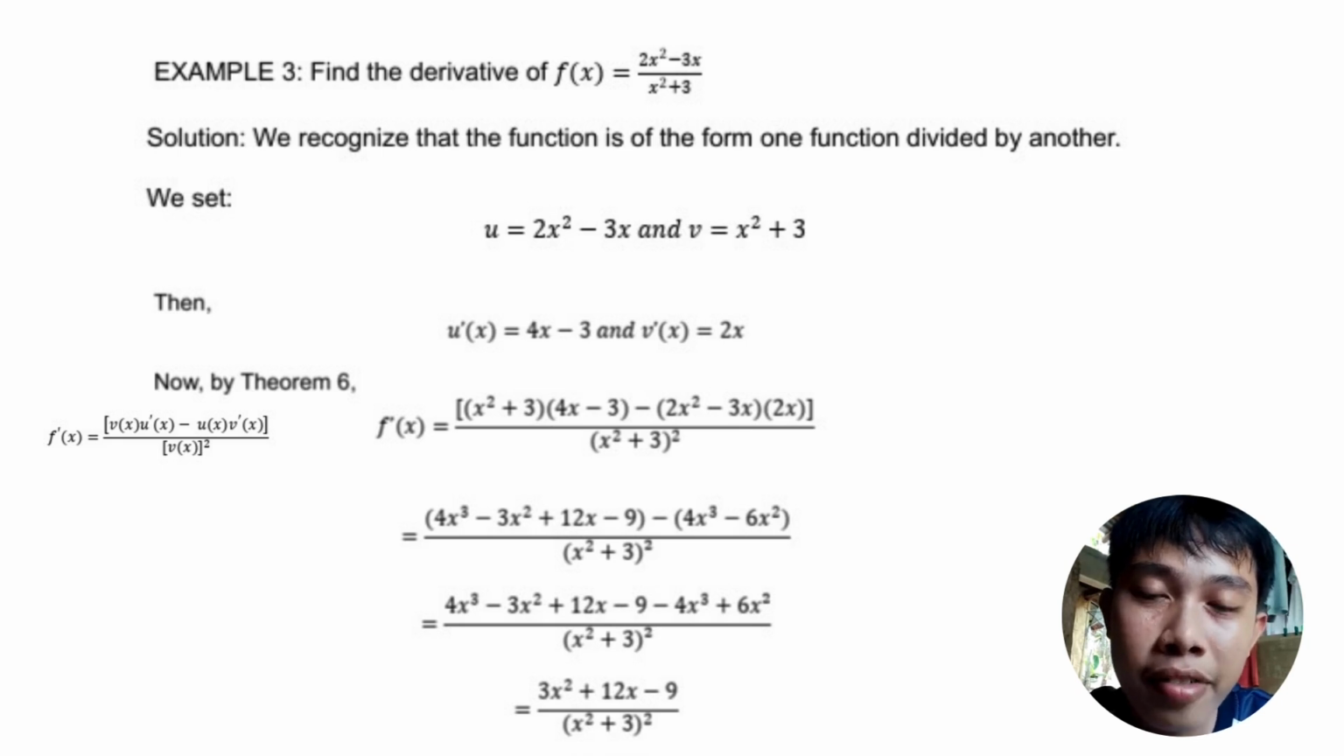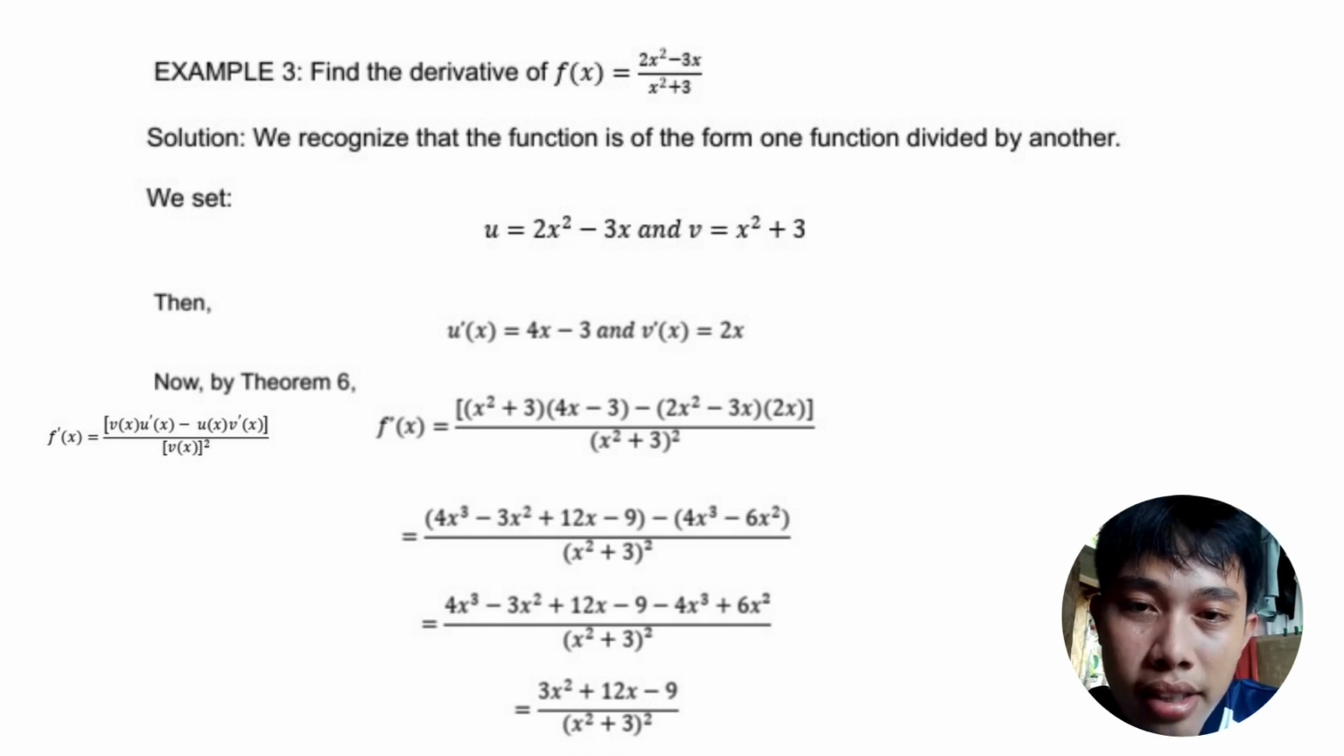Then negative times negative 6x squared is positive 6x squared. And then let's now combine like terms. So we can cancel the two 4x cubed. 4x cubed minus 4x cubed is equal to 0. Then next is negative 3x squared plus this 6x squared